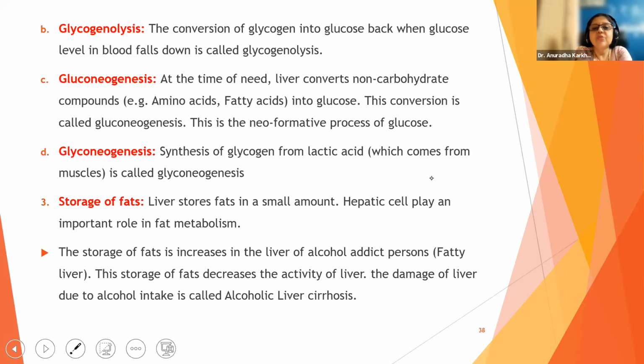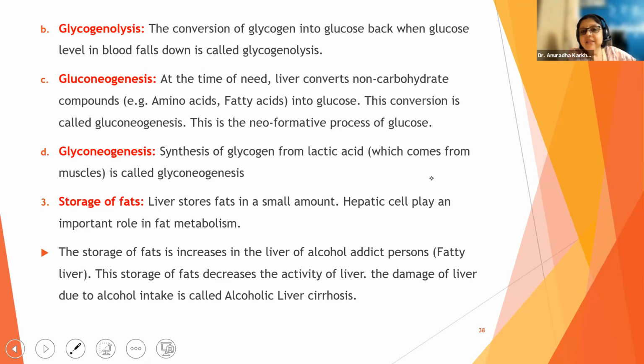This conversion is called gluconeogenesis. A new molecule of glucose is generated from a non-carbohydrate source. We have seen the amphibolic pathway in the respiration chapter. You remember the amphibolic pathway? Fatty acids, glycerol, and amino acids ultimately enter the Krebs cycle. So instead of going ahead with the Krebs cycle, that pyruvic acid or DHAP, or acetyl CoA, will be used as a raw material for the synthesis of glucose because the body is badly starving of glucose.